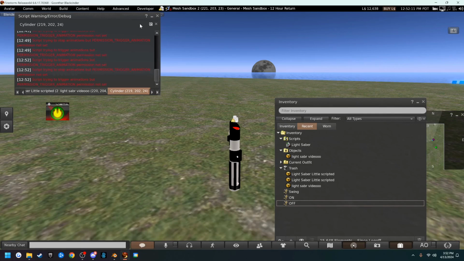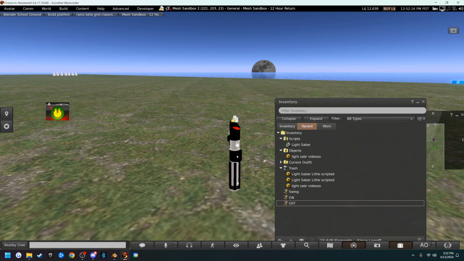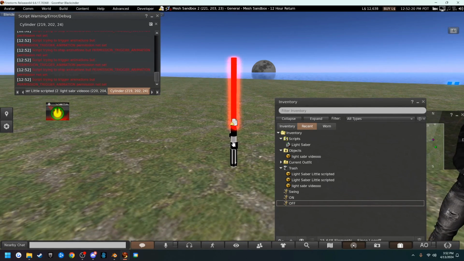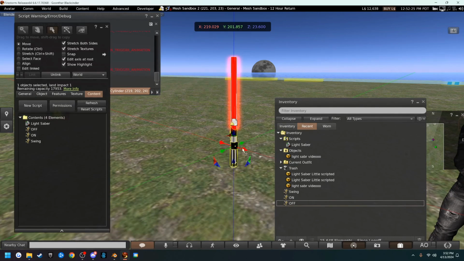I got a bunch of errors still, because it's trying to animate me. I'm not holding it, and I told it no. So click and click. If your lightsaber doesn't go long enough, right click on it and go to edit and